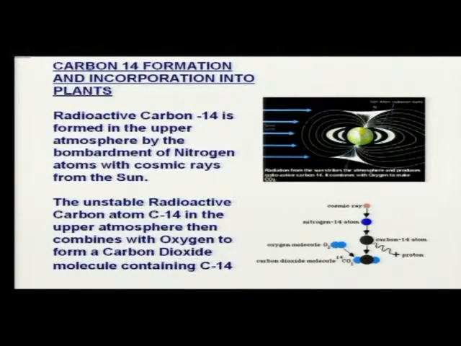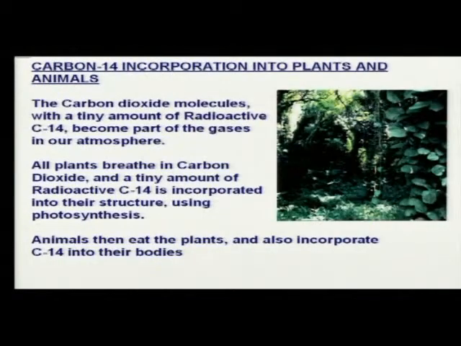So a very small amount of CO2, or carbon dioxide, has radioactive C14 in it, which then drifts down through the various layers that make up the air, to ground level and is incorporated using photosynthesis into the plants. So the plants then have radioactive C14 in them. And then, of course, we eat some plants, but animals also eat the plants, and of course we eat the animals and the plants. So both the plants and the animals and humans as well all have a small amount